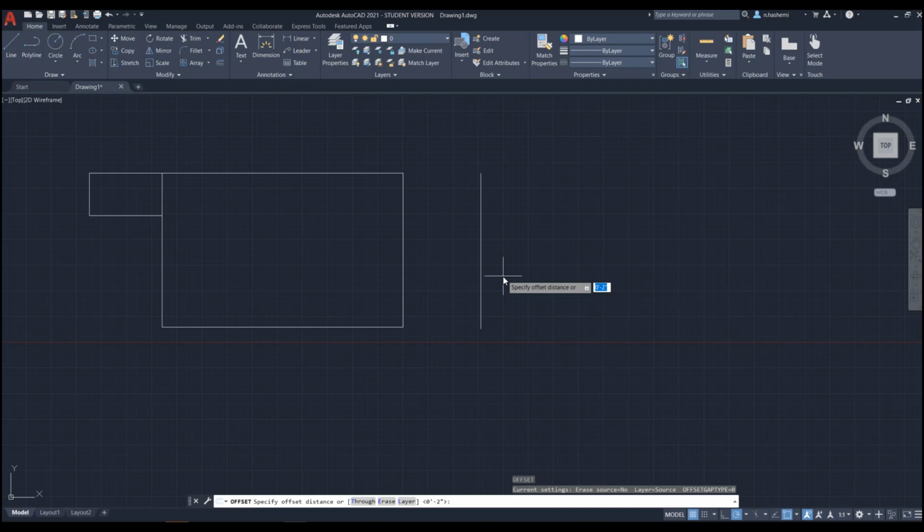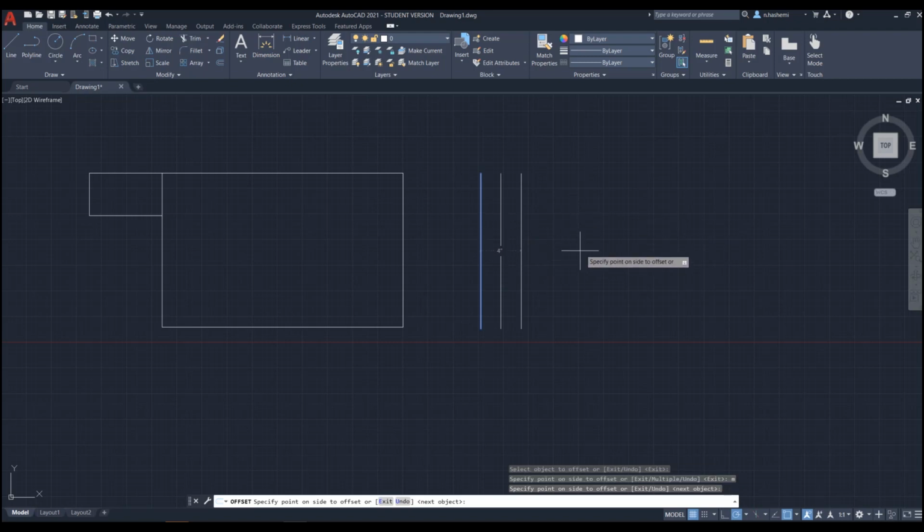I want the lines to be 2 inches apart again, so 2, enter, and then I need to select the object. So select this, and as you can see here we have an option which is multiple. To pick that, you need to type in M, enter,